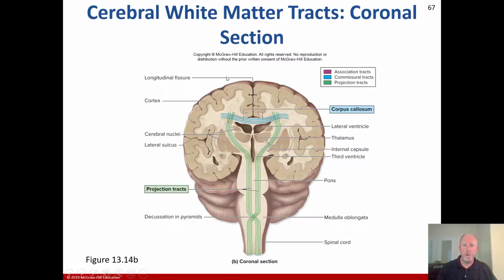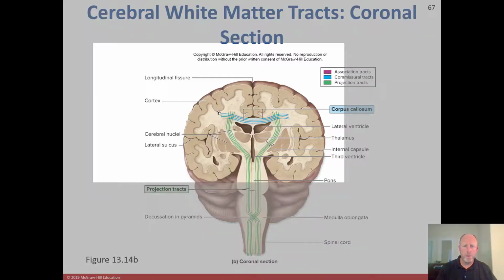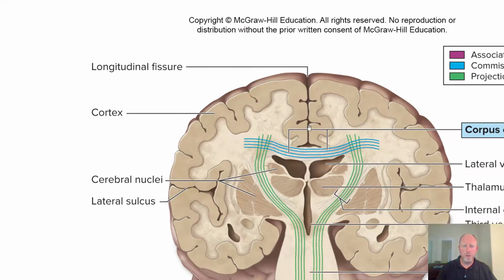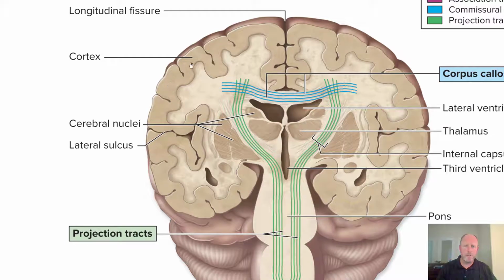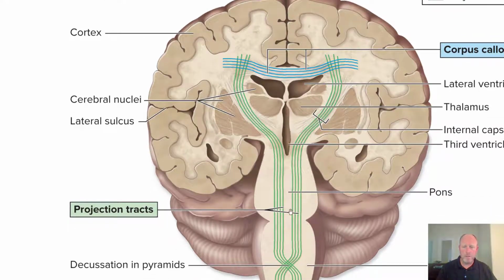We have our cerebral white matter tracts in the coronal section here. You can see, I'll go with a little zoom in here. Our longitudinal fissure down the middle here, and of course our cortex, that gray matter there, and we have our cerebral nuclei here, our lateral sulcus separating those gyri. Then we have our projection tracts all along here,